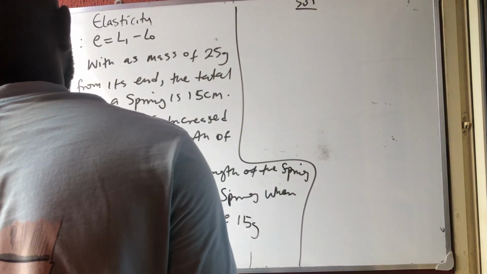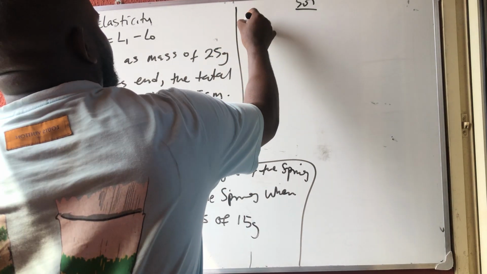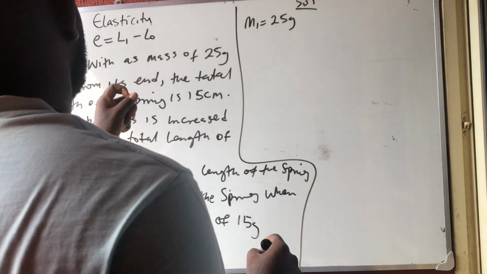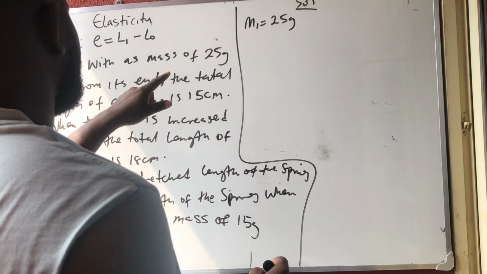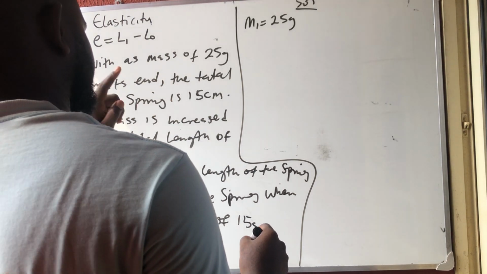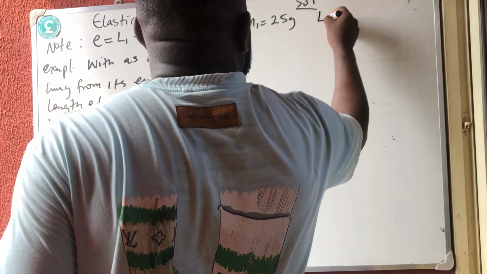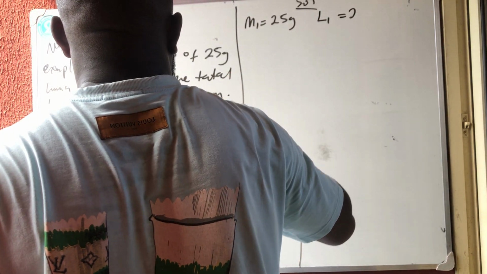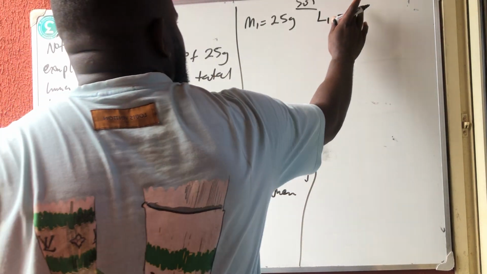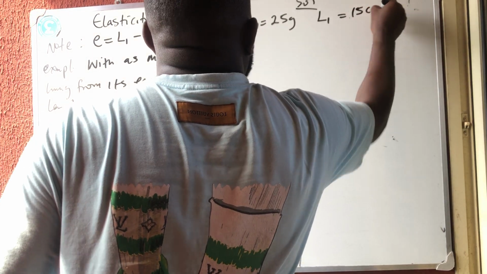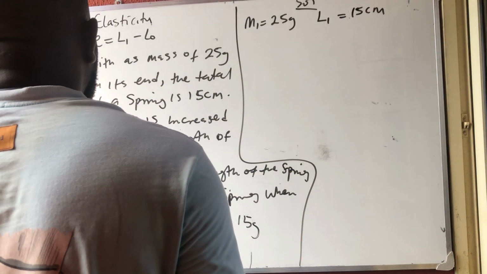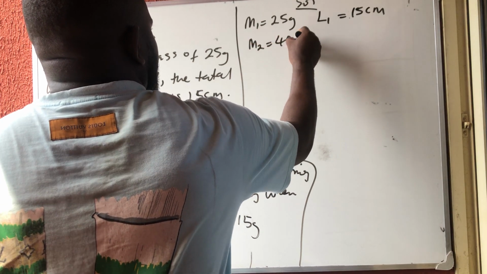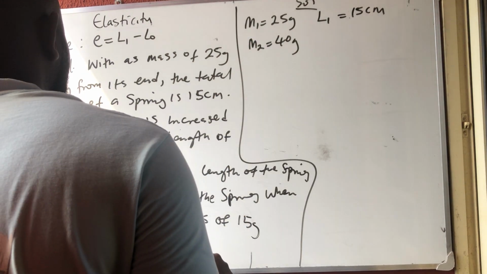Solution. Now the first thing they say, with a mass of, they've given us the first mass. The first mass is 25 gram. With this mass hung from its end, the total length of the spring is 15 cm. So the first total length I'm having is 15 cm. Now when a mass of 40 gram, they gave us another mass, is hung, the total length again